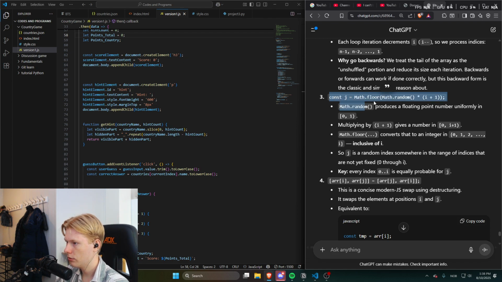const j equals Math.floor(Math.random() times (i plus 1)). This I also don't understand. Math.random produces a floating point number uniformly from 0 to 1. So 0 included, 1 not included. So yeah, that's what I said. That's what I actually thought this meant. Like it creates a number from 0 to 1, but not 1, but it can be 0. Multiplying by i plus 1 gives a number in,